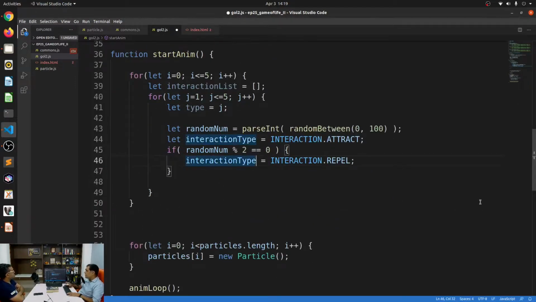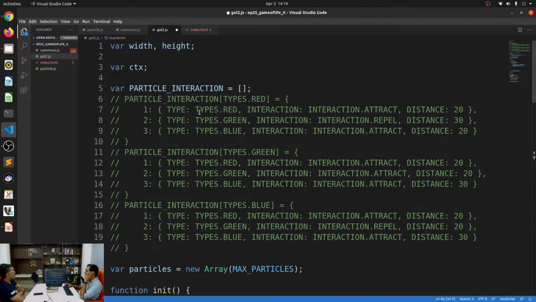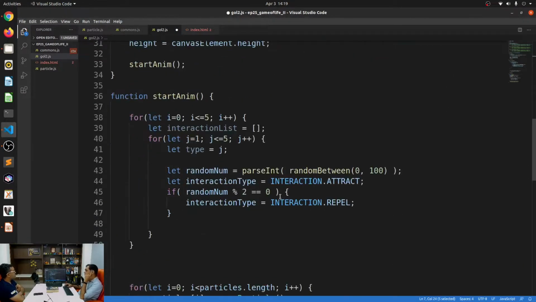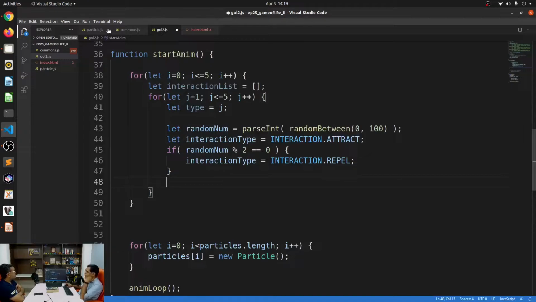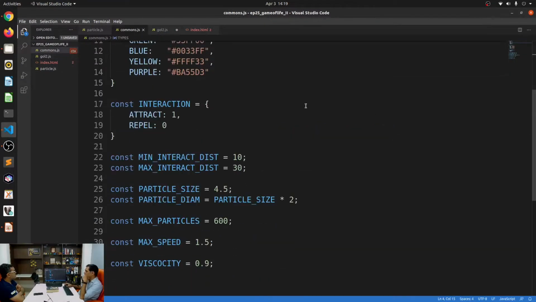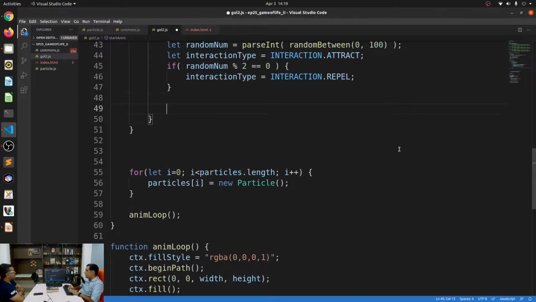So I have the interaction type defined. I also need a distance. So I'm defining 3 things over here: the type, the interaction, and then the distance. Now I don't want the distance to be a random value between 10 and 30. I am saying it can only be 10, 20 and 30. That's all I want. So I'll define a random variable for that.